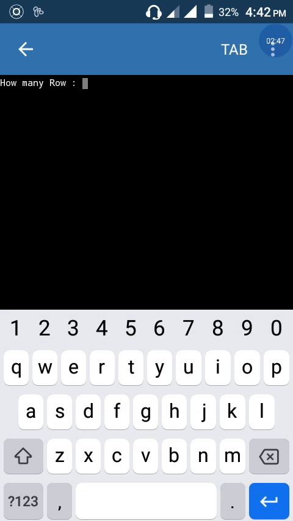What is the output? How many rows? 5. In this program you have just entered the 5. 1 repeated 5 times, 2 repeated 4 times, 3 repeated 3 times, 4 repeated 2 times, and 5 1. Okay,